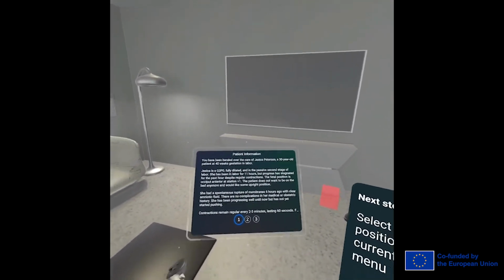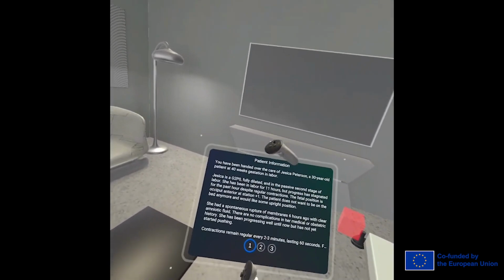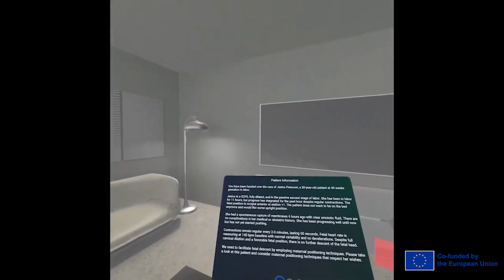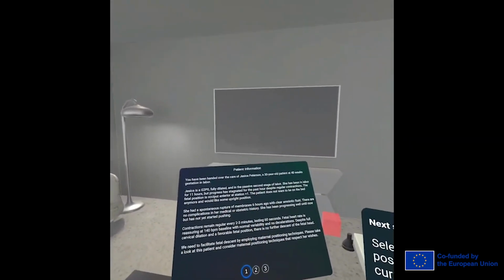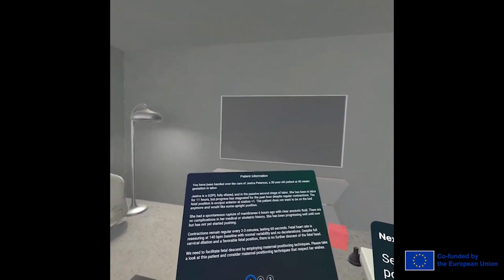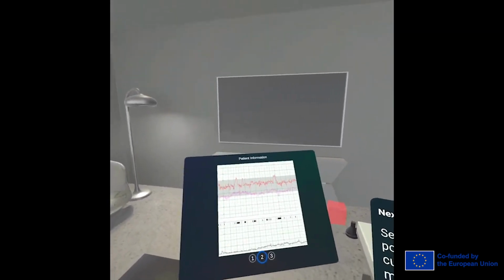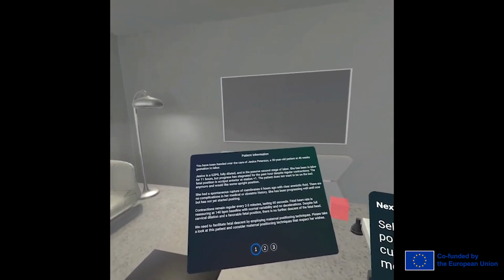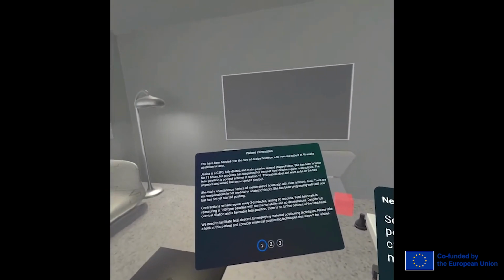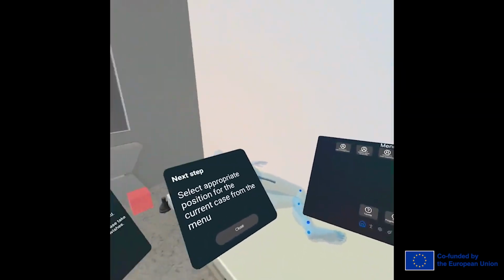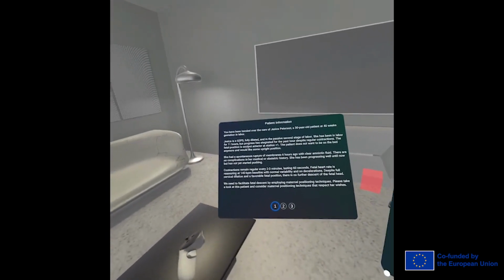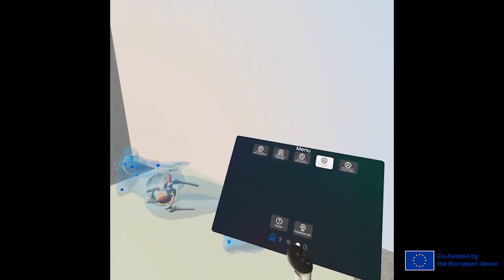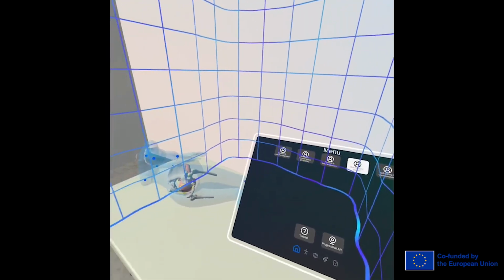Now it is important for the student or for the user to first read about the case. So in here we have the full information about this particular patient. We can also check the CTG, which is normal. And based on this, we are supposed to choose the desired base position. So we're now going back to our menu